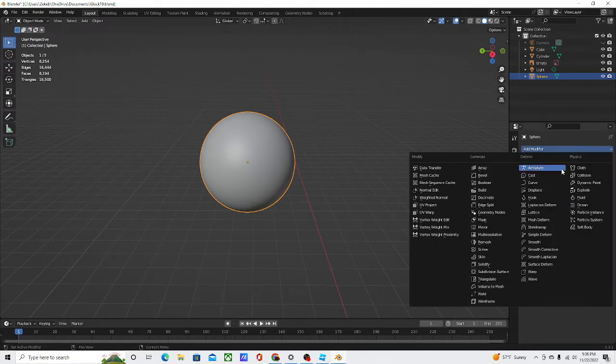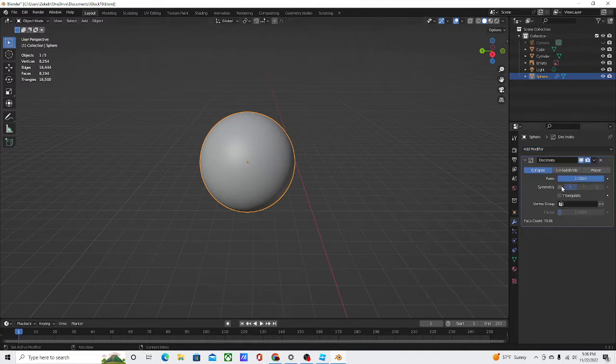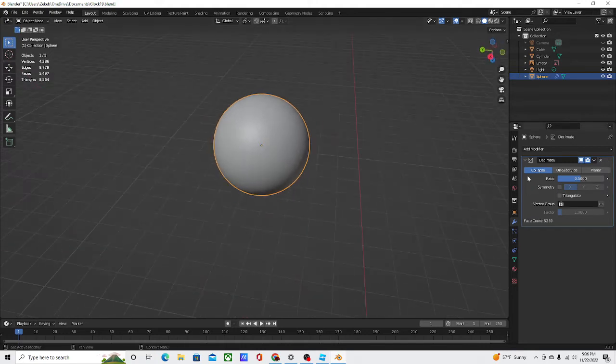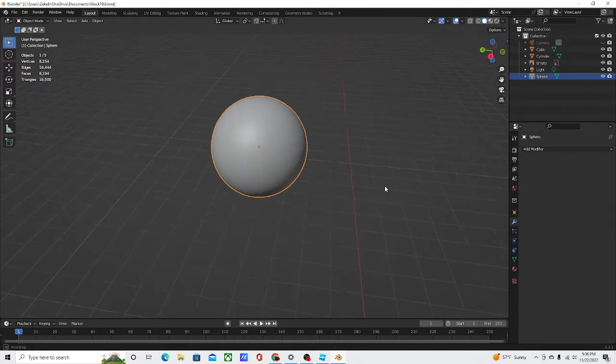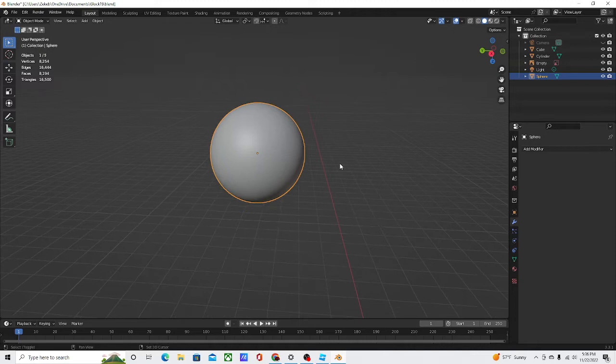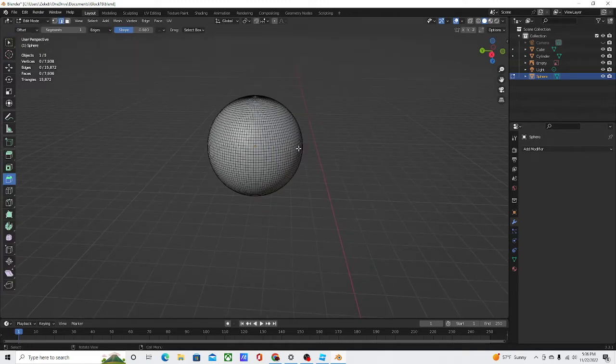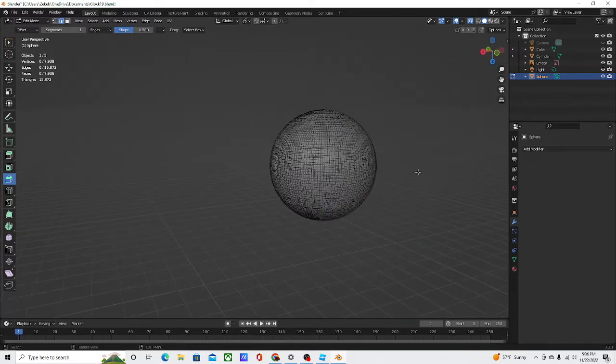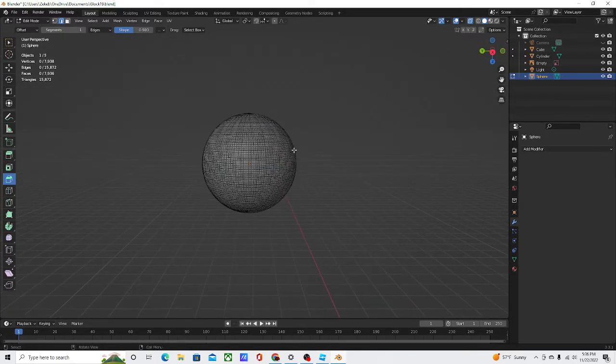One way is you can use this decimate modifier, and you can turn it down to, I recommend, 0.5. But that is just one way, and it messes up your model. And you don't really want that for high quality models or whatever you're working on. Instead, what you would want to do is get your model and cut it